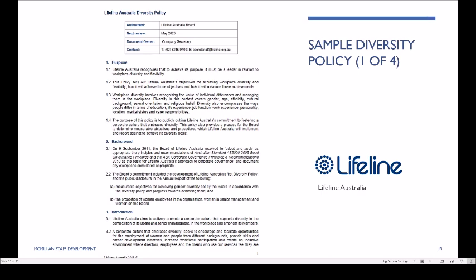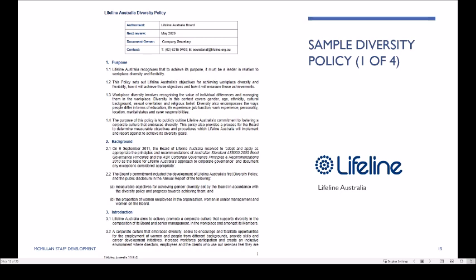Document any exceptions considered appropriate. And then it talks about the board's commitment. So it's just sort of because there's a context to this, they want to make that clear and as transparent as possible. For your organization, if you're a small business, you may not necessarily need to put that. You may want to merge that into part of your purpose, perhaps talk about the purpose and the context of that purpose. You don't necessarily have to have these headings or separations, but in this case, Lifeline have seen that to be an important element.